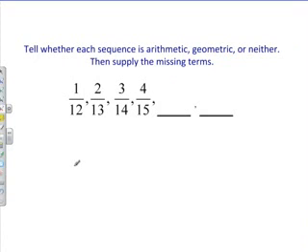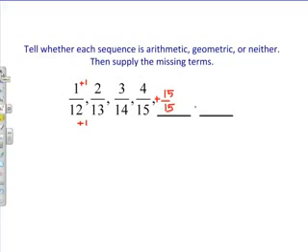This next sequence can be a little deceiving. While the top does follow a pattern of adding 1, and the bottom also follows a pattern of adding 1, that's not the same as adding the fraction 1 over 1, because in order to add those fractions, you would have to give them a common denominator. So really, you'd be adding 15 over 15, which would get you 19 over 15, which is not the next